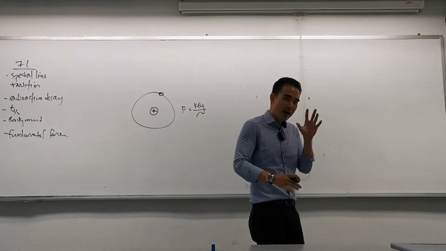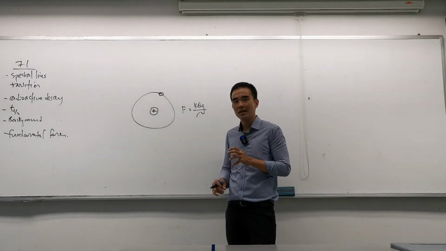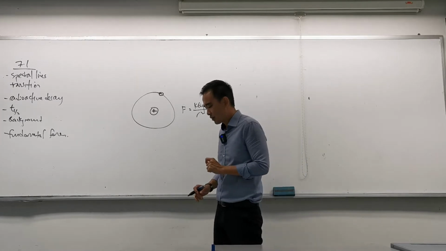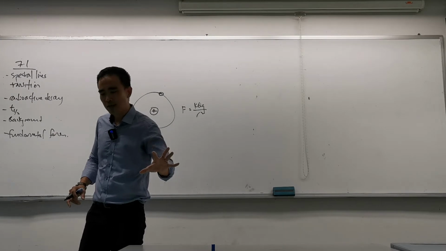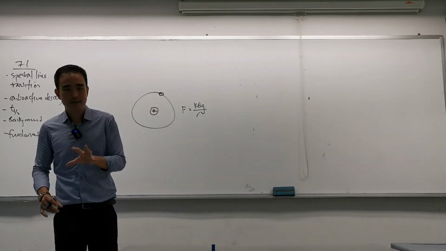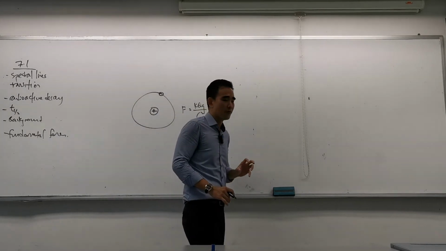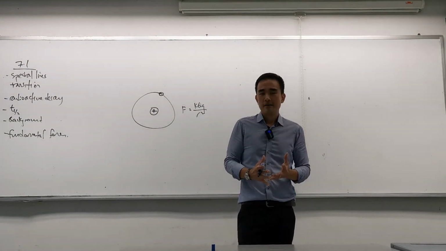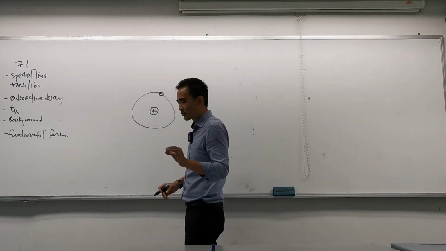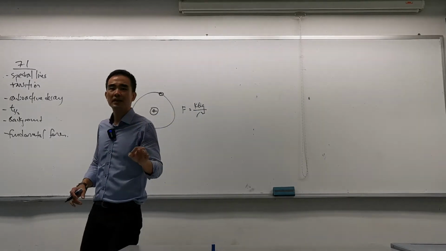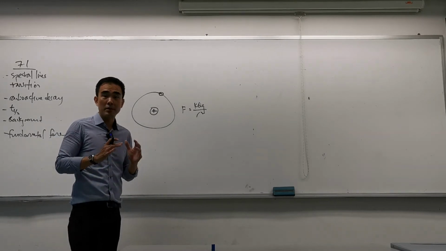The explanation as to why it must only take specific values has to do with what we're going to learn in topic 12.1. So we KIV that first. Let's assume that we can explain that there is a need for the electrons to only take on specific orbits. What is the experimental evidence? The idea here is that if the electrons can only take specific orbits, and therefore specific energy, then there must be experimental evidence to prove it.